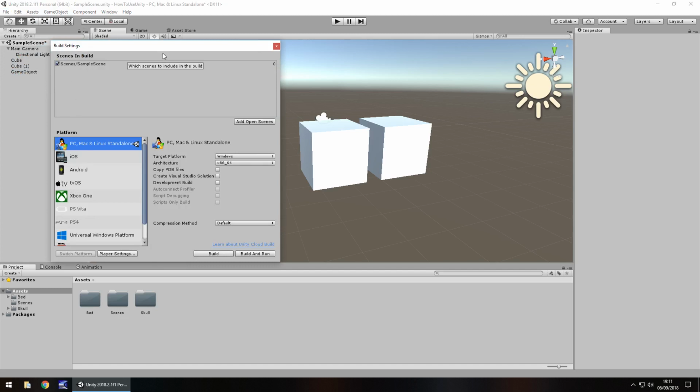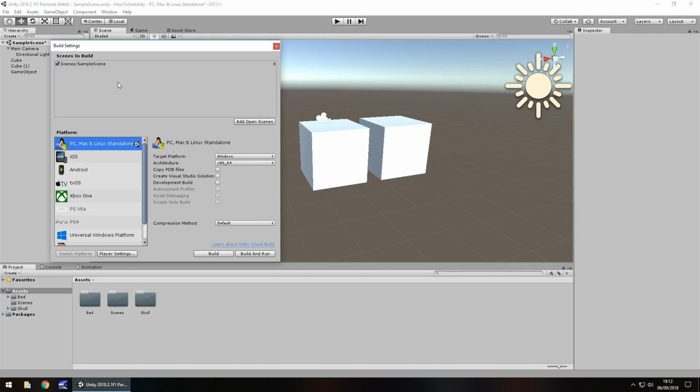So if we go to the build settings right here, you'll be presented with this little window. And this little window may seem daunting and confusing at first. However, it's not as complicated as you would think. So this section at the top, scenes in build, this represents the scenes within Unity. And by default, scene 0 will always be the first scene to load. When we add more scenes here, they'll be given a specific unique number. So the next one will be 1, then 2, then 3, then 4, and it makes it easy to reference